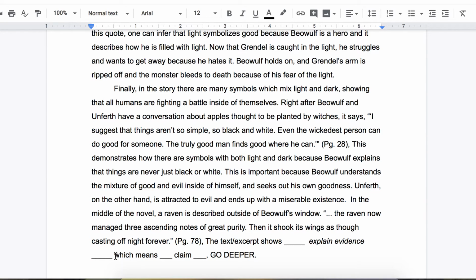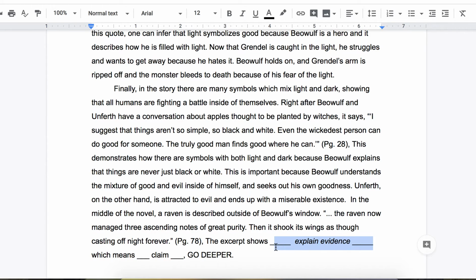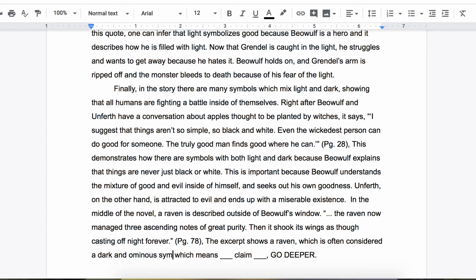The text excerpt shows that, so we need to explain the evidence. So what is it that's a mixture in the evidence? It's the fact that the raven is a dark bird, black bird, that cannot sing, but it keeps trying and then it's able to sing. So the excerpt shows a raven, which is often considered a dark and ominous symbol, trying to sing. Actually, let's go with the excerpt shows a raven, which is often considered a dark and ominous symbol, singing